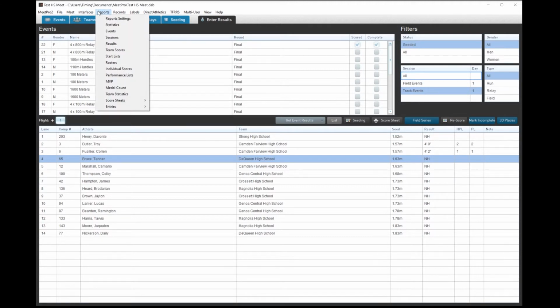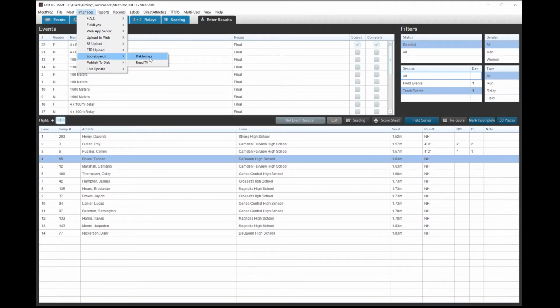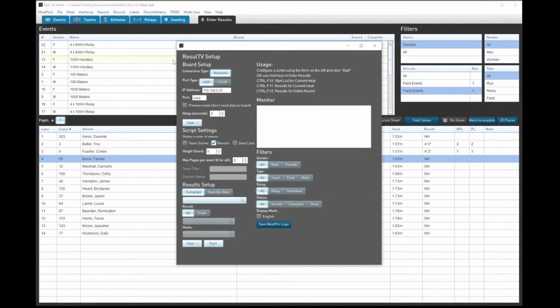Come over to scoreboards is interesting. There's a Daktronics for fixed digit. I don't use a lot of fixed digit displays, so I don't really mess with it, but Results TV has an output here, and I'm having it output to my own Results TV laptop, which is the IP address up here. I've typically used UDP with this and been pretty successful, and you can change around some of the aspects